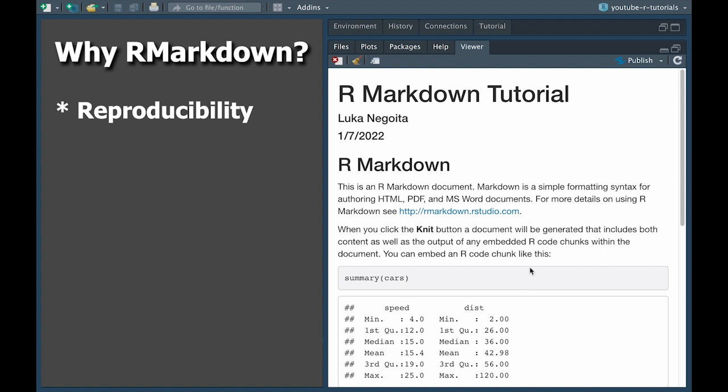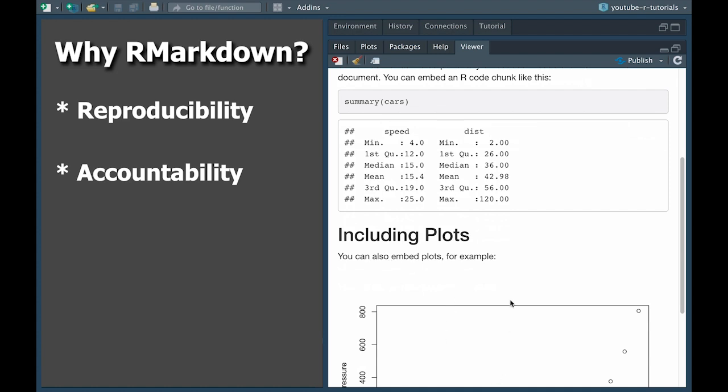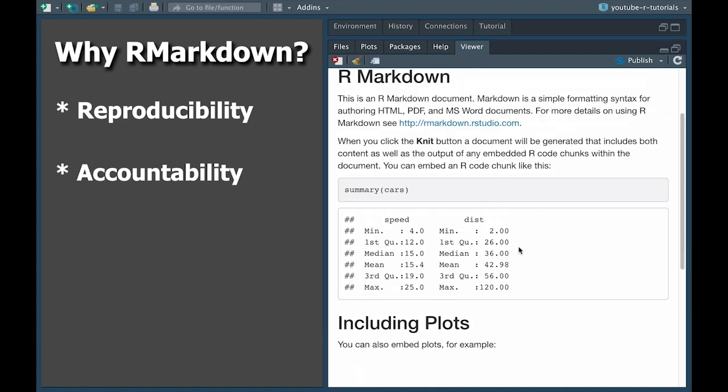You also remain accountable for your analyses because what you did is clearly visible, and you also can't cheat these outputs. In fact, the final knit document is exactly what the R code would give you if you run this whole thing. So you can't just fake your outputs. If someone runs this code, they will get exactly what you got below. You can also create tutorials to share with others. Kind of like what I'm doing here, but also like the blog posts that I write. They're all written in R Markdown, and it's an easy way to combine regular text as well as R code.